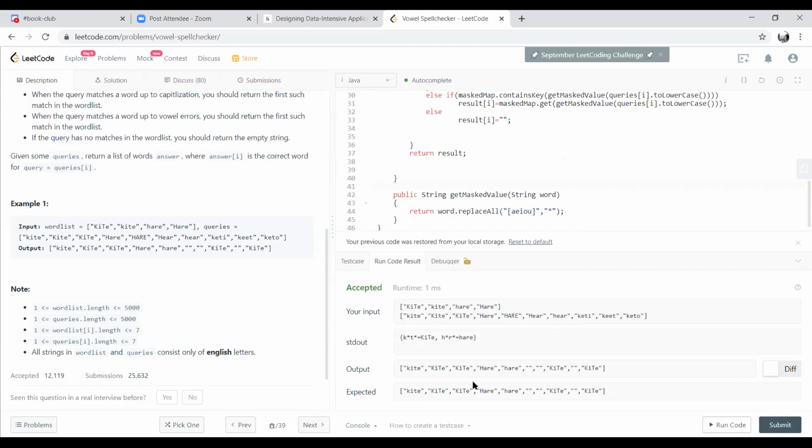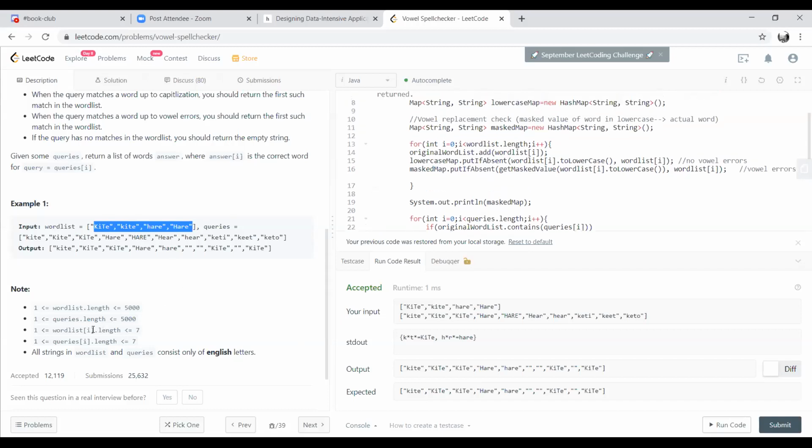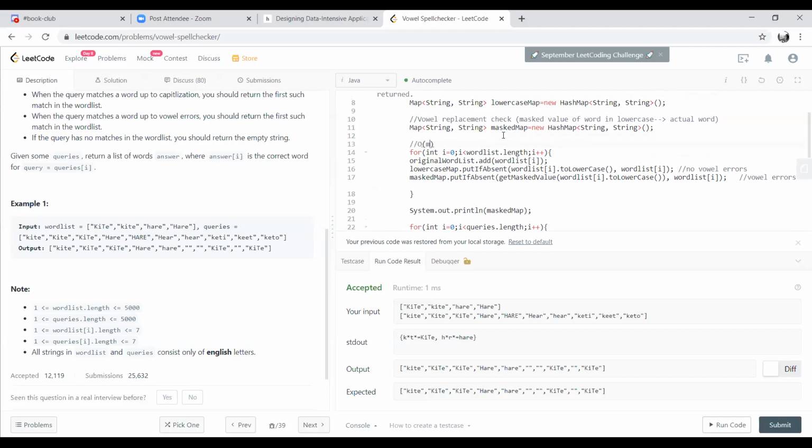And what do you think will be the time complexity? So first of all, we are going through every word in the word list, in these maps. So for the first loop, it would be the number of words in my word list. And each word has a length that is bounded. Even if we forget the length of the words, because they are constant, the max will be 7, correct? Right, exactly. So this would be the number of words in the word list.